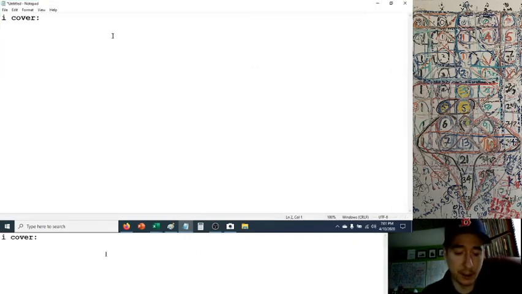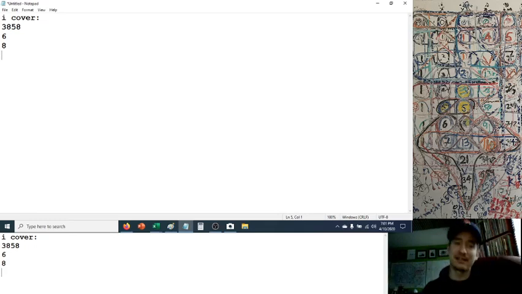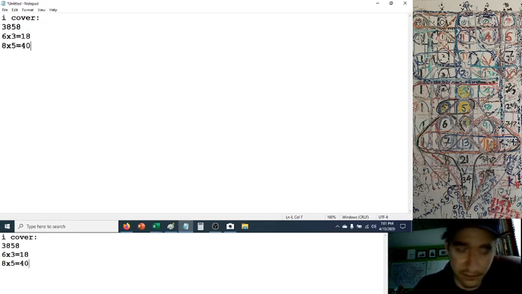Okay, we want to know why there's 3,858 magnets in a cellular energy device. Alright, let's do this. So, on a cube there are 6 faces and 8 vertices. Because the faces are bigger, they do more work than the vertices because they're smaller if you're talking about spinning magnets around solenoids. So, in order to make them balanced, you have to have less faces than vertices. So that equals 18, and that equals 40. So altogether, you have 58